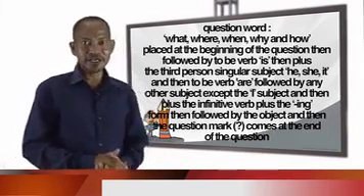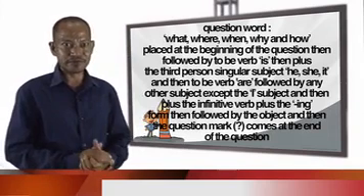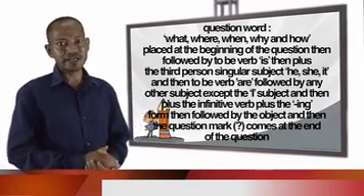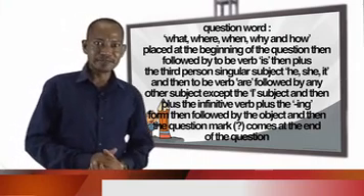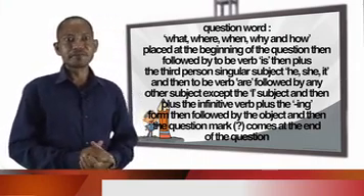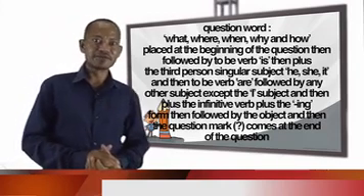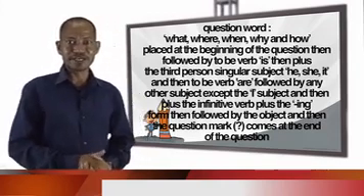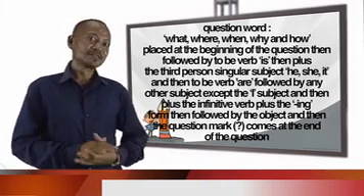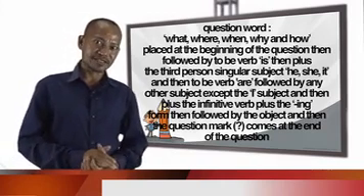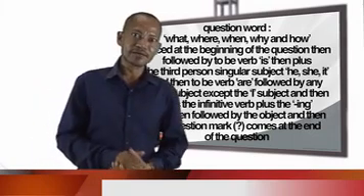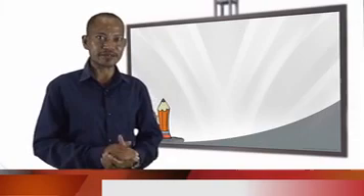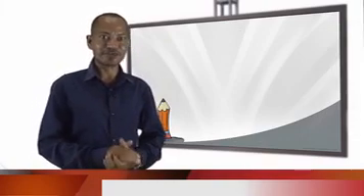it, and then are, which is also the form of the to be verb, followed by any other subjects except the I subject, and then plus the base form of the verb plus the ing form, then followed by the object, and then the question mark placed at the end of the question. Let's look at them. Please also listen to me saying each of the question plus the possible answer to each